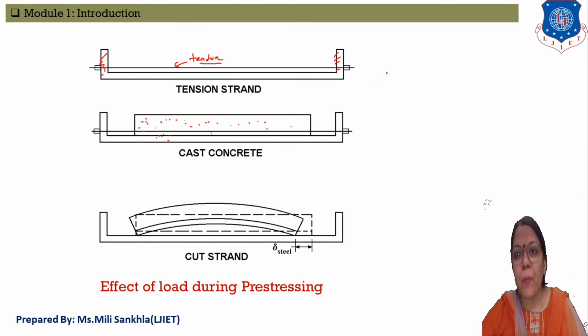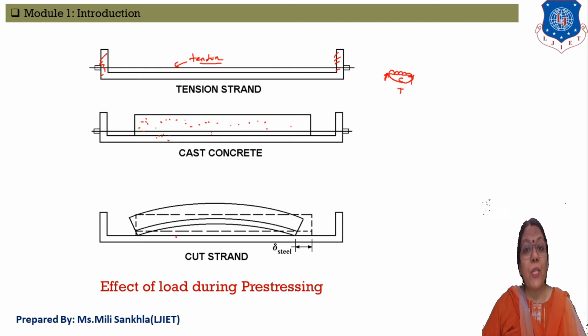In normal condition, what happens? Suppose this is a simply supported beam. If it is subjected to self-weight, it deflects this way. This one is our compression, this one is our tension. But in pre-stressed concrete, the reverse process is done. First the tendons are in stretching condition, then concrete is poured and the tendons are cut, so the tendons try to regain their position, and the compressive force in the pre-stressed concrete opposes and resists this force. Ultimately the beam deflects this way in pre-stressed concrete. Here the deflection will form on the upper side.